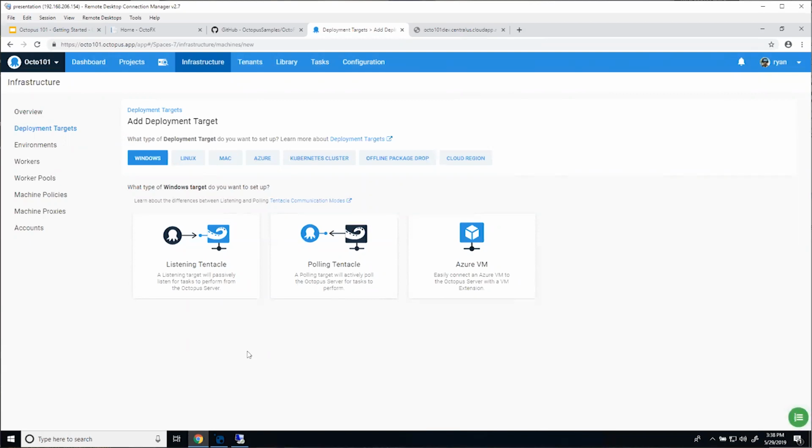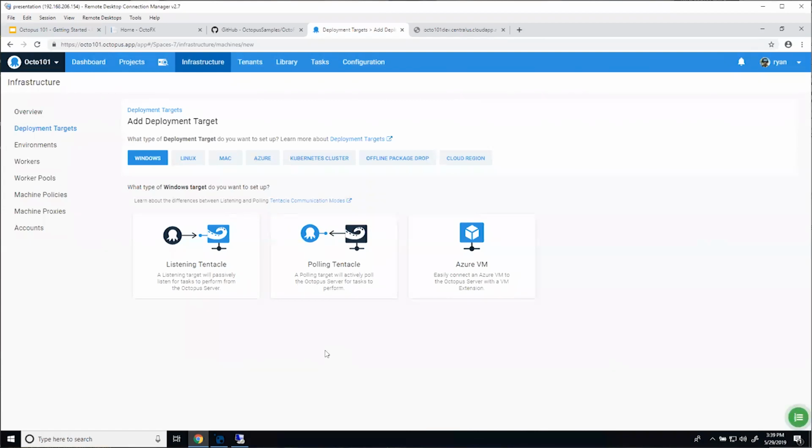A listening tentacle sits passively and waits for the Octopus server to contact it with work to do. Whereas the polling tentacle will actively poll the Octopus server and ask, like, hey, do you have a job for me to do yet? Do you have a job for me to do yet? And continues to ask until there is work to do, in which case it goes and does that work